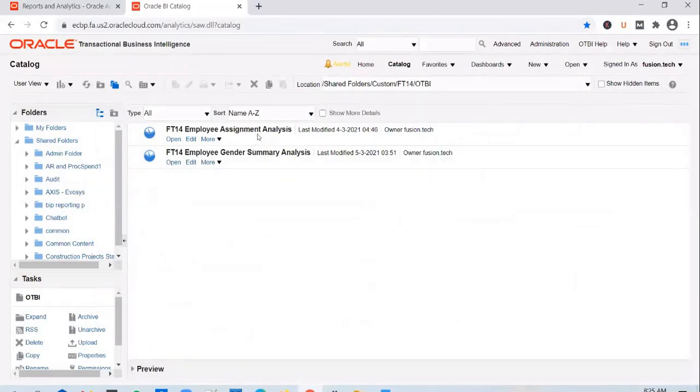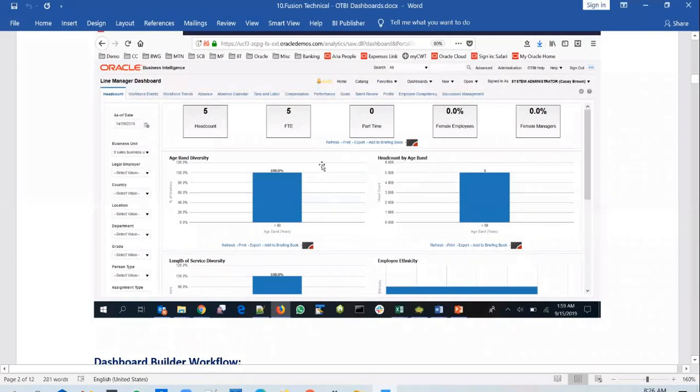it will not run. So when you intend to include OTBI reports as part of dashboards, you cannot pass parameters at each and every report level. That's why all parameters from the reports will be taken off. In fact, they will be modified in a different way. All the parameters required by all these reports will be created in a dashboard prompt, and this dashboard prompt will supply the parameters to the reports.